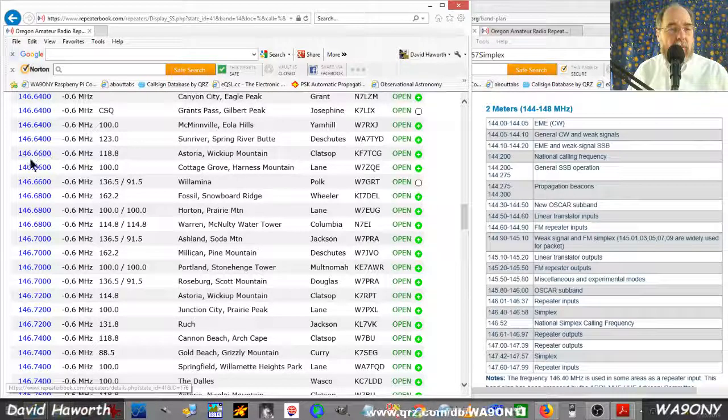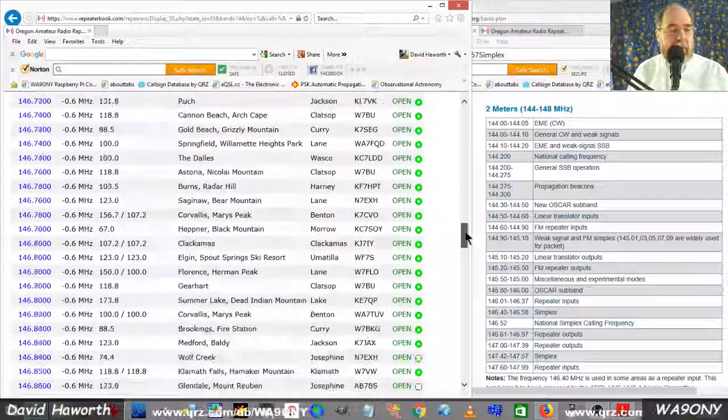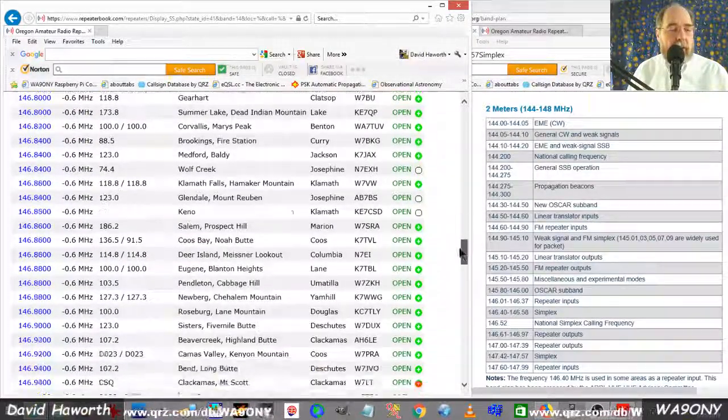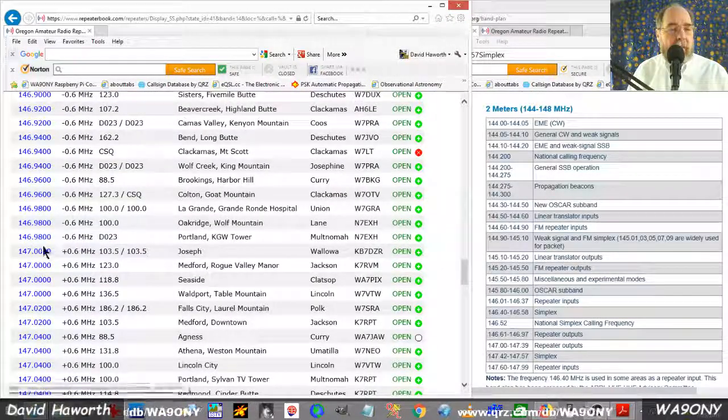After 6.4, we get 6.6, 6.8, so again, we're back on the 20 kilohertz incrementing. We will increment this until we get to the end of the second band of repeater frequencies. And that's going to be down here, getting closer, closer. There we go. So here's the last repeater of the second band of repeater frequencies,